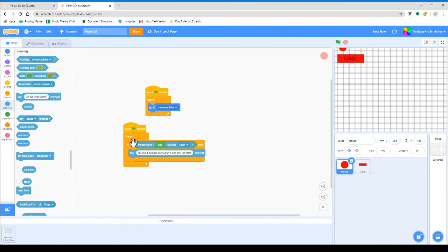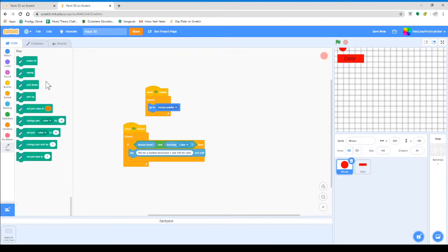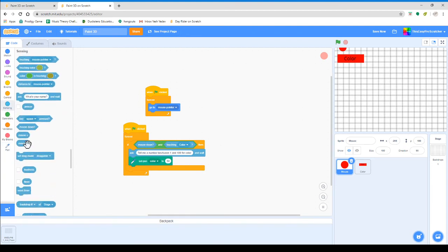Okay, so ask, tell me a number, and then we're going to add extension and call this pen. So this is just going to draw us stuff. We can do set pen color to answer. Okay, so if we try again, obviously we can't draw, so I'm going to do